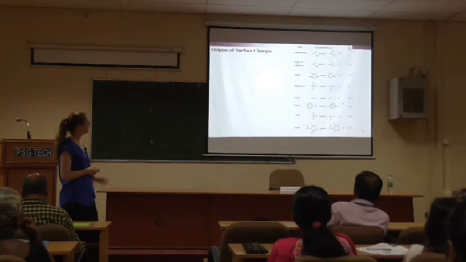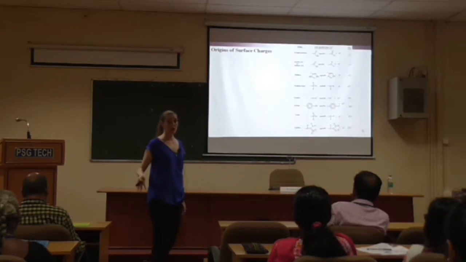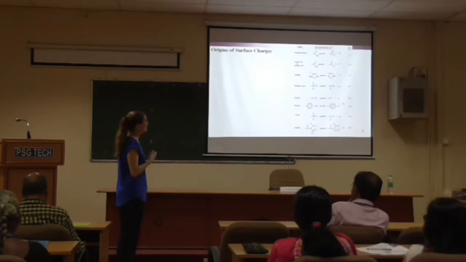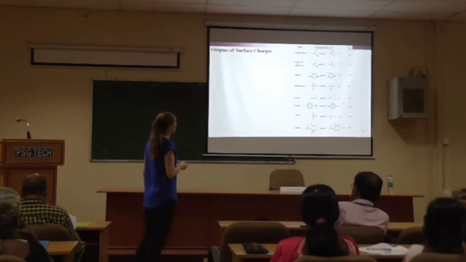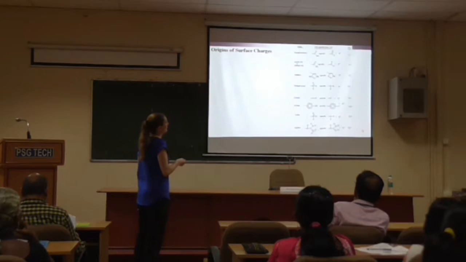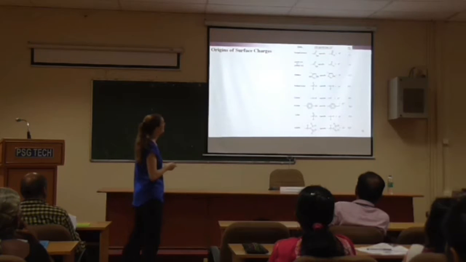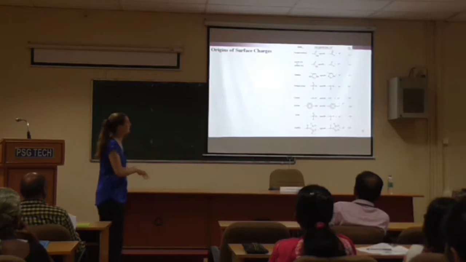Those are all the different types of groups that you will typically run into when you're looking at biologically relevant molecules that have charge. And here's the range of their pKa's. If we were looking at carboxyl groups, they have a pKa around 3. So if you're too acidic, you'll be back over here. If you're too basic, it goes down the other way. So each of them has a different